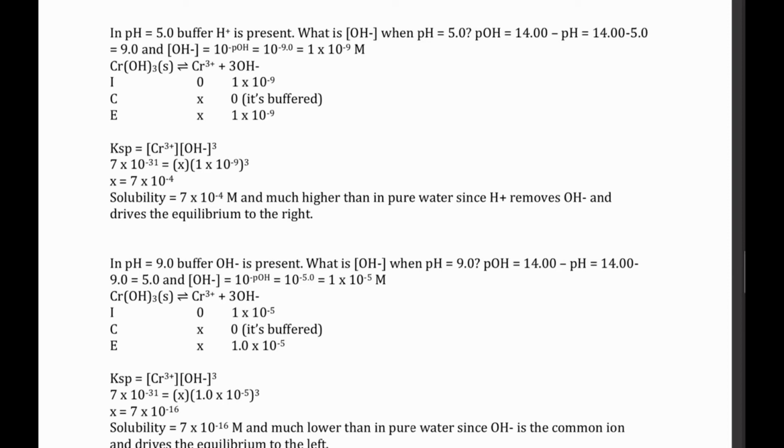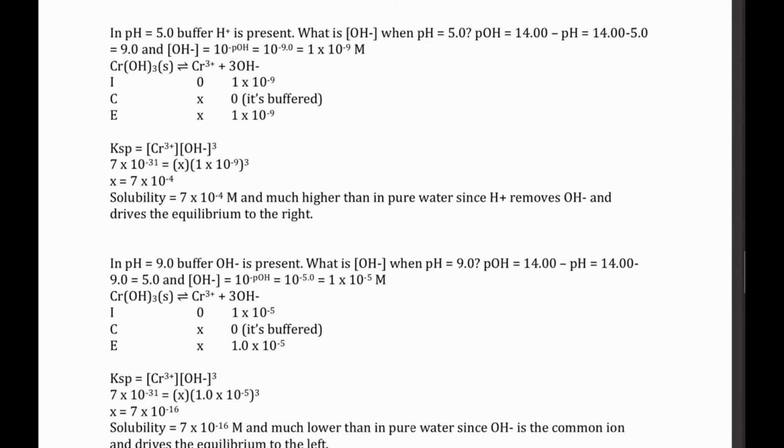We write out our equilibrium expression. We're cubing the hydroxide ion concentration, of course. Putting in our numbers, putting in the x, we find x to be 7 times 10 to the minus 4. So that would be the solubility then, 7 times 10 to the minus 4 molar,